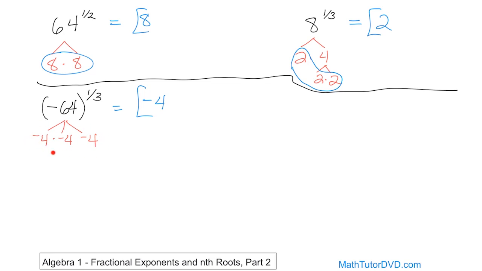But you may not think about this right away. You may not know that 4 times 4 times 4, first of all, is 64, and you may not know that you're going to have negatives in every one of those spots. Now, this is the correct answer, but a lot of times when you're doing these factor trees, it's kind of difficult for you to know to put negatives down in here. So even though I showed you that, the way I actually do it is if I'm taking the cubed root